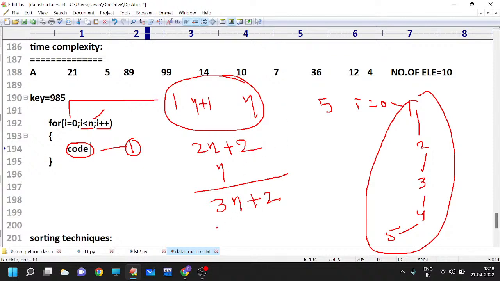So in this polynomial, sir, n to the power of 1. Here there is no n, we are assuming it to be n to the power 0. Now out of n to the power 1 and n to the power 0, which is having the highest degree? Sir, this is having the highest degree, and this n will be taken as time complexity and it is represented as